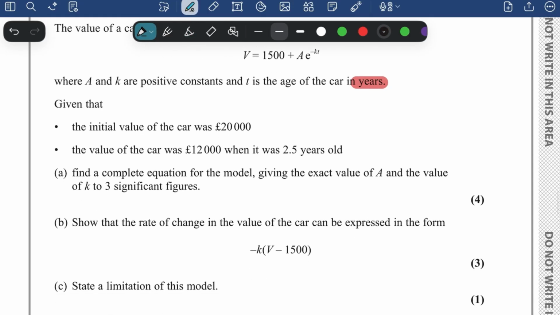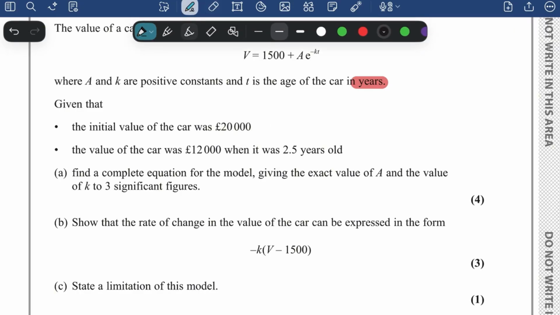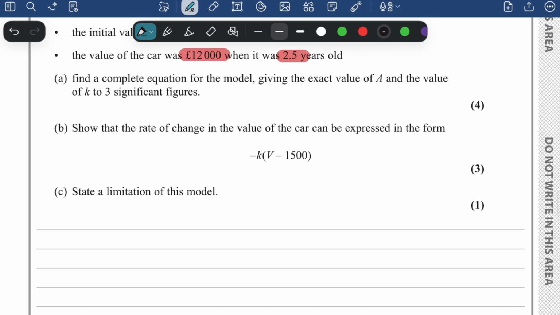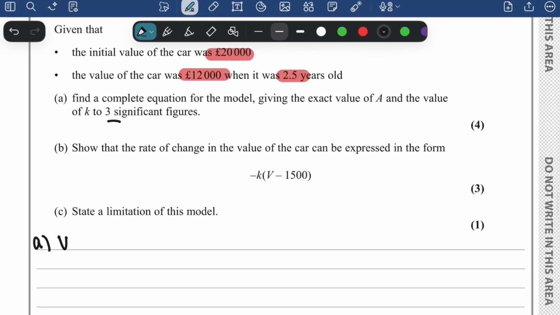So given that the initial value was 20,000, so that's when T is 0, right? And when T is 2.5, the value of the car was 12,000. Find the complete equation for the model, given the exact value of A and the value of K to 3 significant figures, right? So first thing I'm thinking about, if we write this model down quickly,